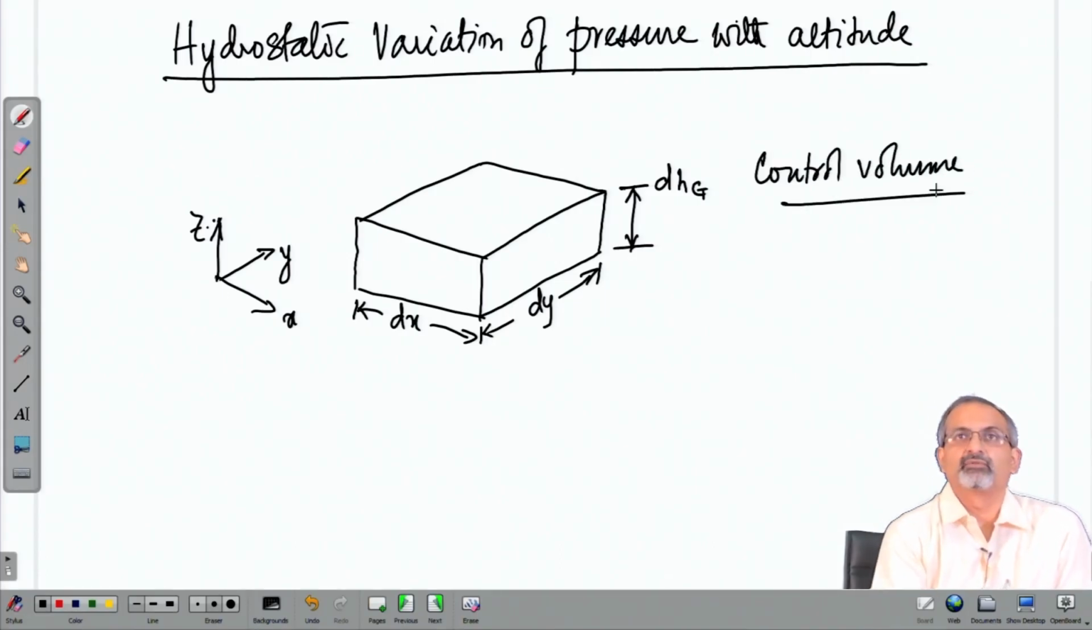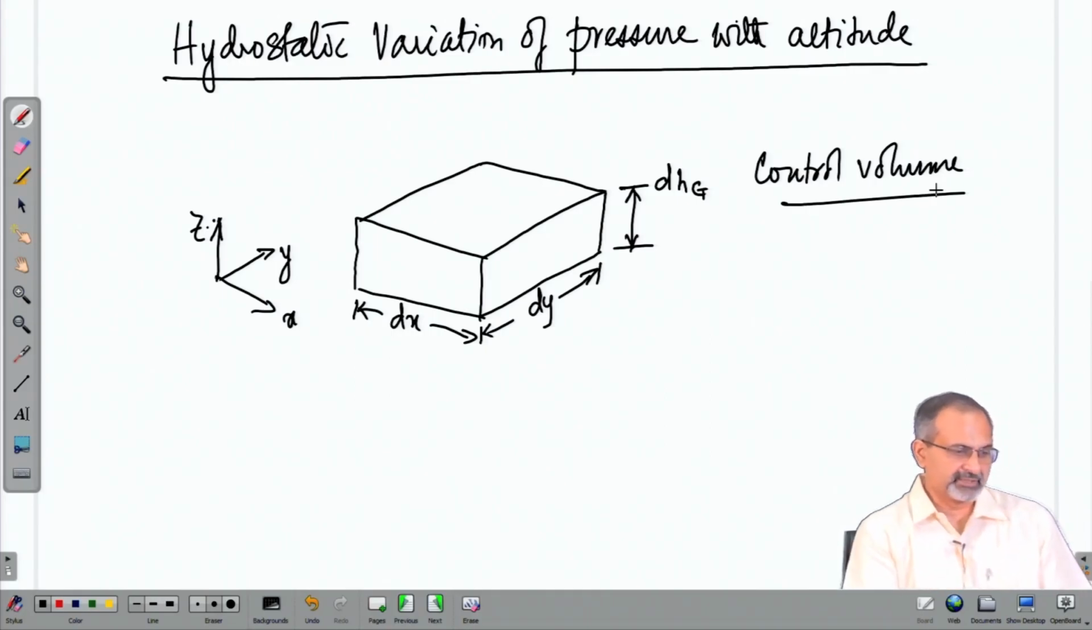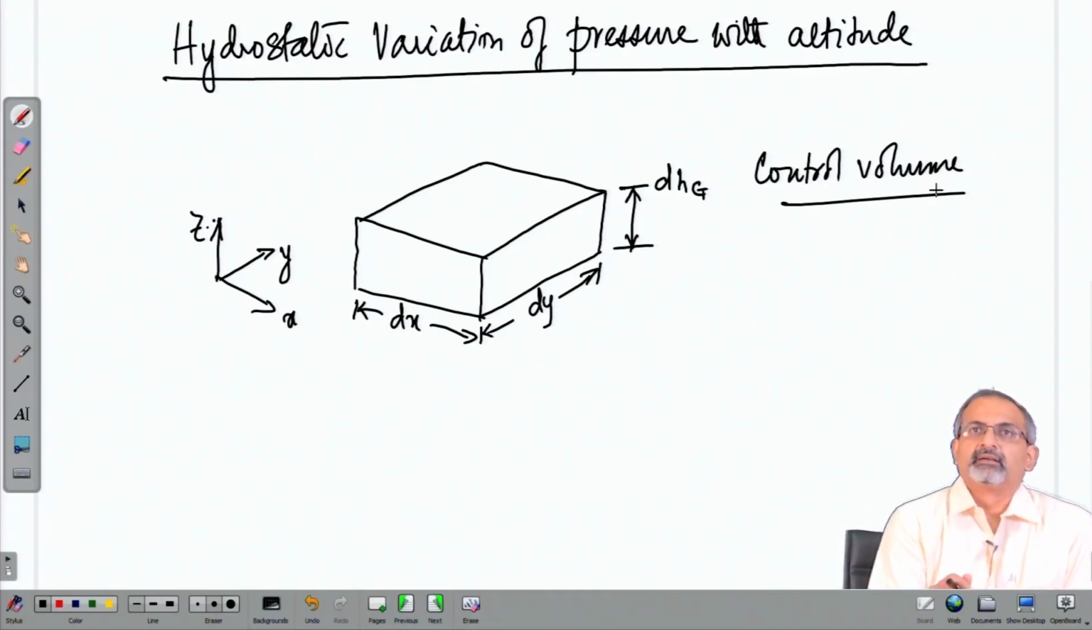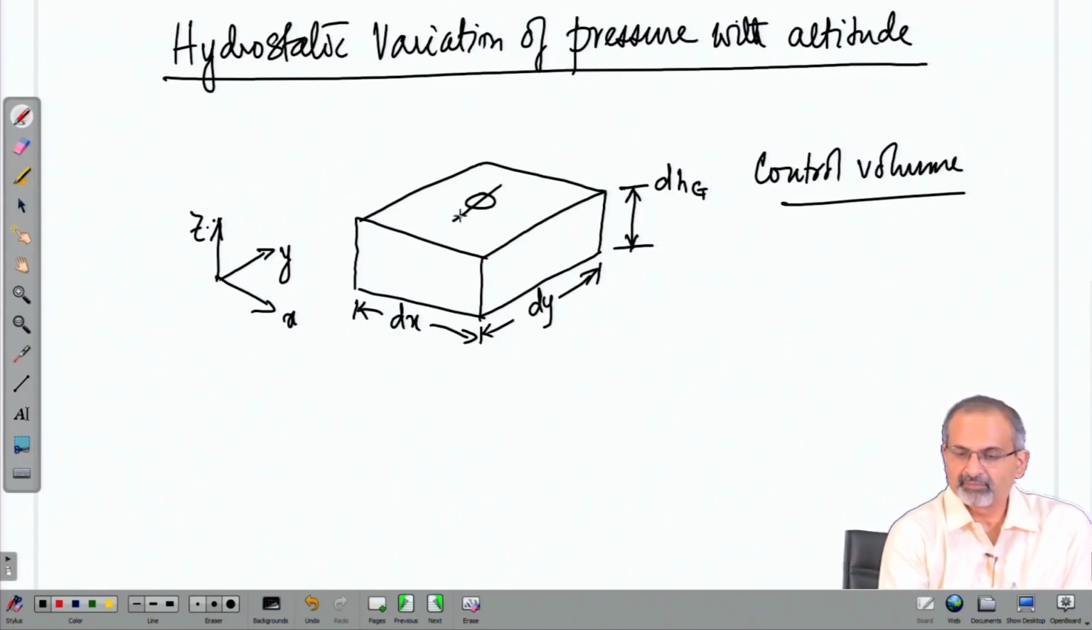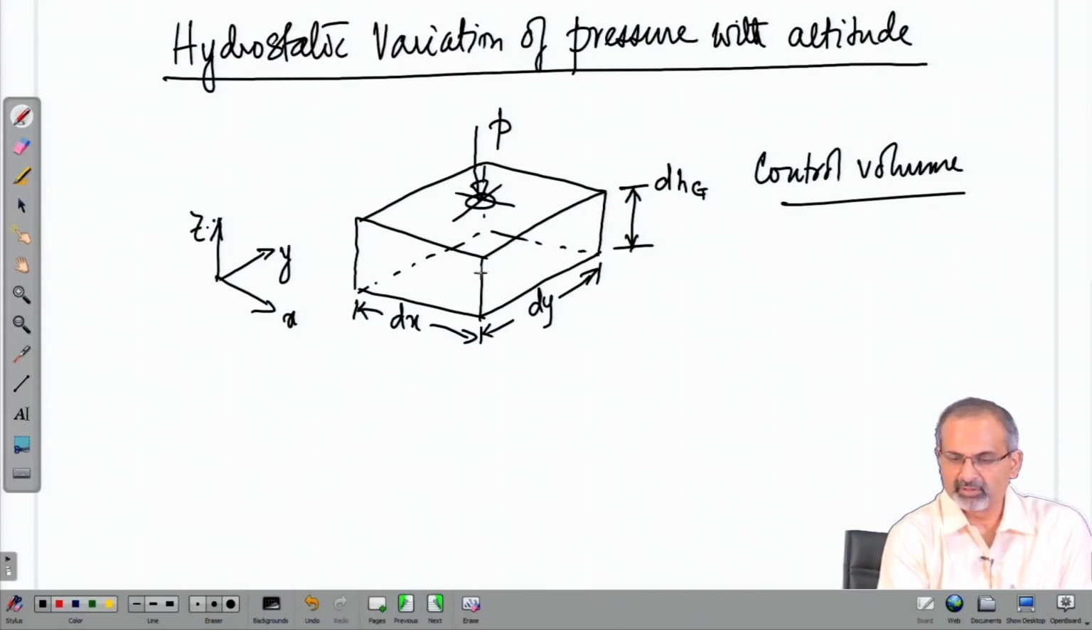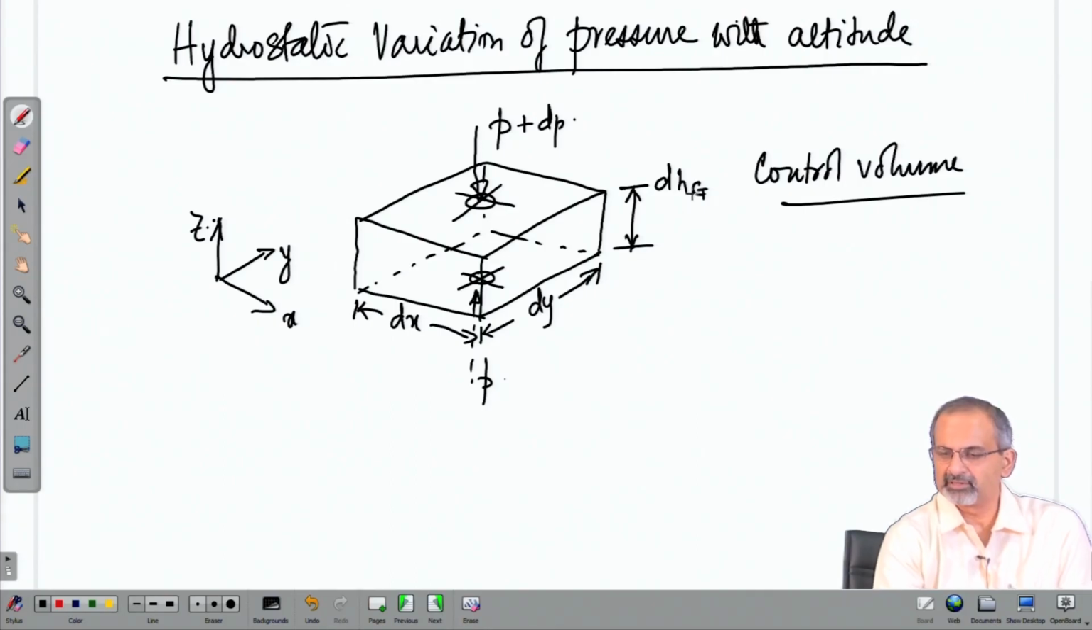If we say that the control volume is fixed, that means a stationary control volume would mean that the forces that are acting on it are in equilibrium. So, there is a pressure, say, acting on the upper face, there is a pressure which is acting on the lower face. The side forces won't contribute, we will see very soon why. So, there is pressure acting from below. There will be some change in pressure on the upper surface, because you have a change in the altitude,